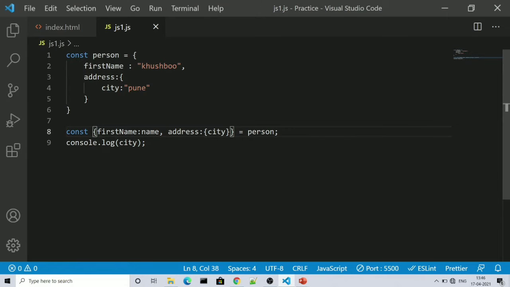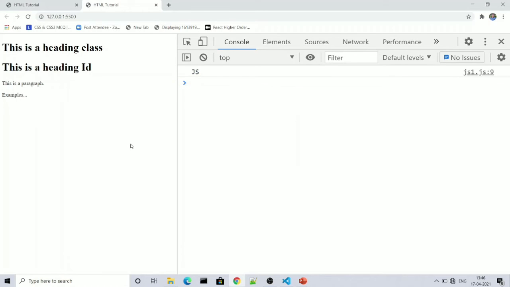So here I will just write subject. I will give a default value to it, sub equal to JavaScript. Now if I print subject and see, it is printing JavaScript. So in this way it is also used to print the default value when a value is missing or not present.